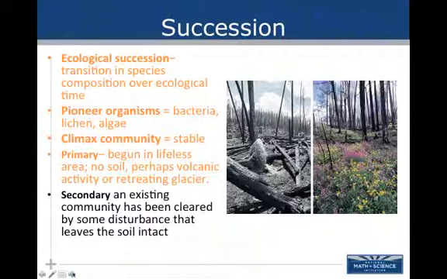When we talk about a community being a climax community, it means that it's stable. It's still going to undergo change over time. All communities undergo change over time, but it's stable in the idea that even though it's going to have predictable turnover, it's still considered a stable environment when it has a lot of species return to the area, or be able to survive in that area. Primary succession begins in a lifeless area. Generally, you have no soil,